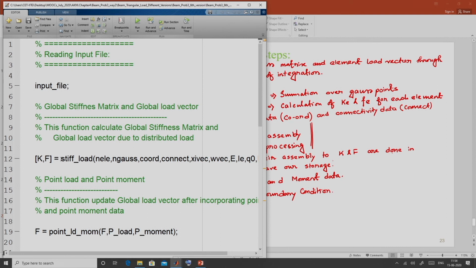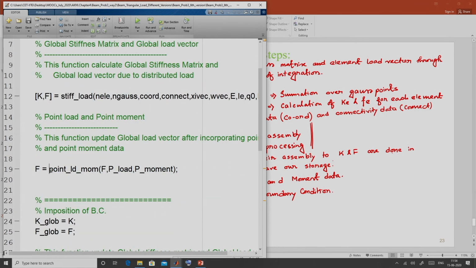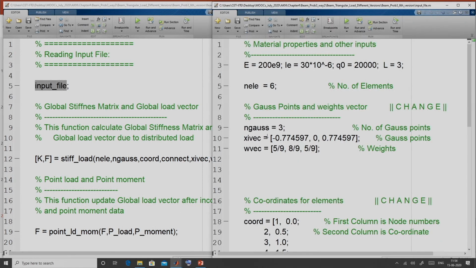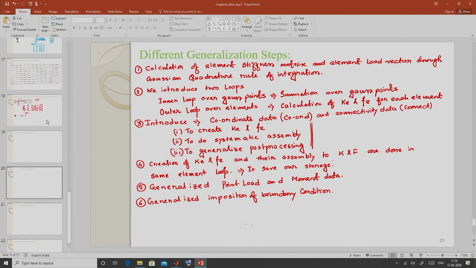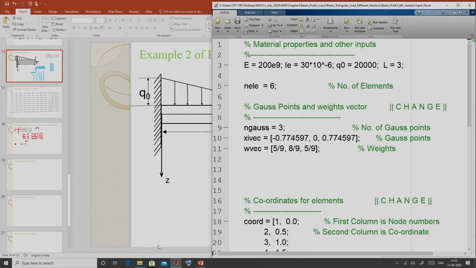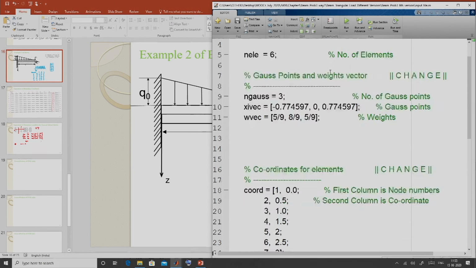Then in the next step, each part of our main program we have calculated in a separate function, and we have gathered all our input data in this input file. After that, we have shown that for some finer mesh, we have to make the change only in this input file.